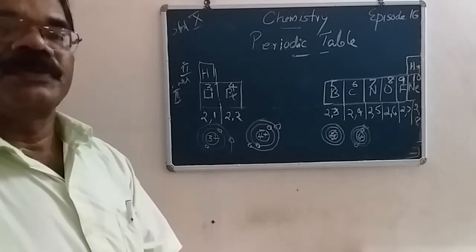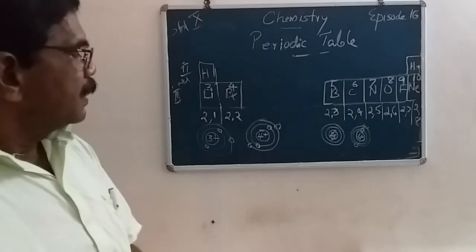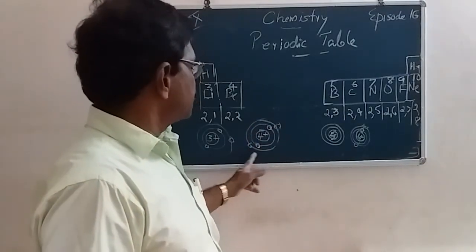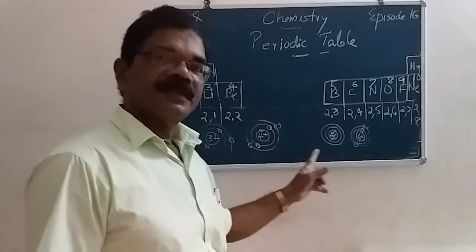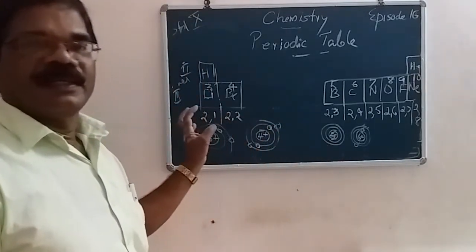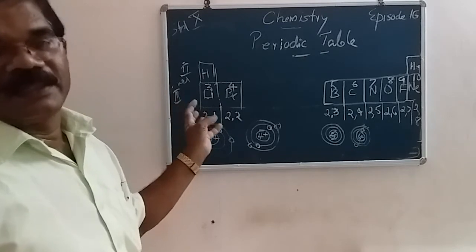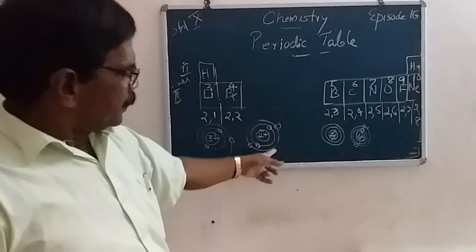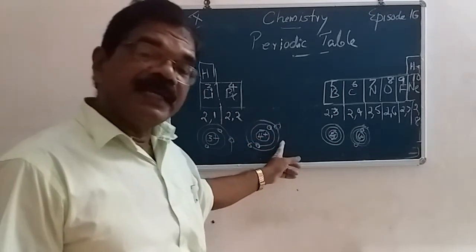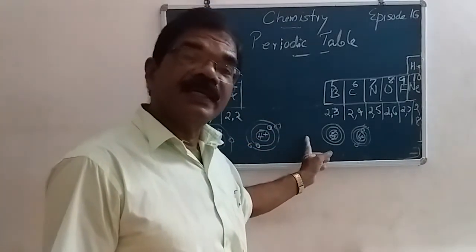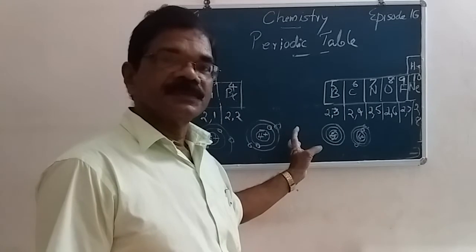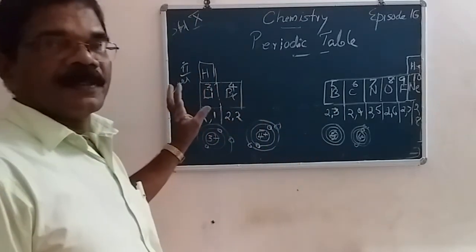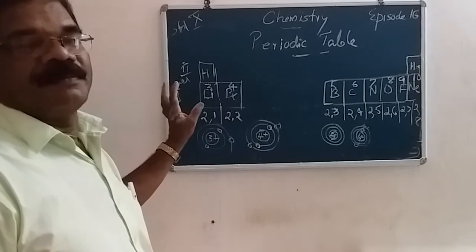Neutrons have no charge. Therefore, the nucleus always attracts the electrons towards the center. The electron is always revolving around the nucleus. At the same time, it is attracted to the center of the nucleus. Therefore, it is never thrown out from the atom. Do you understand what I say?